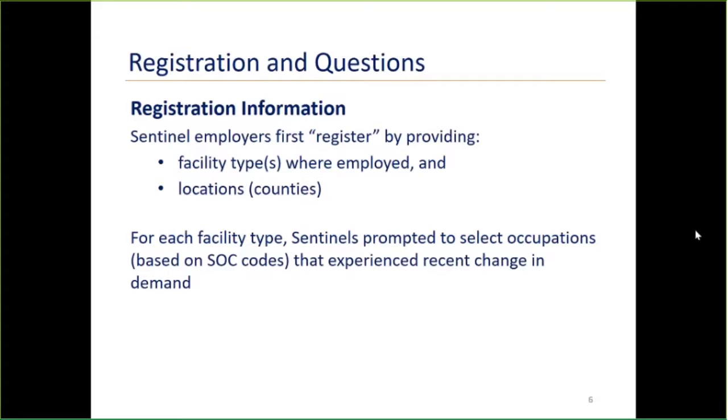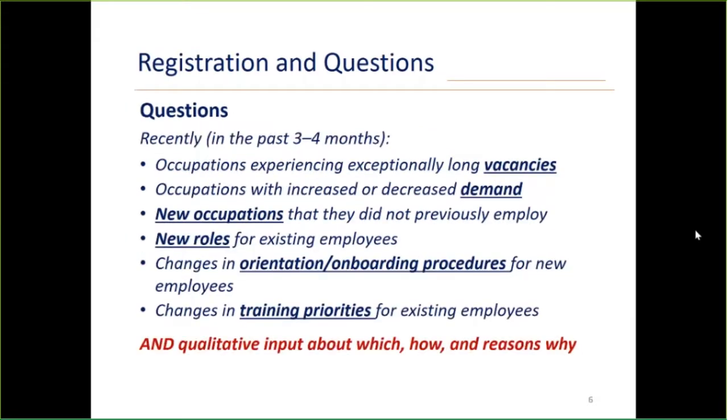And so what exactly are they asked to talk about? For each, there's a set of 6 domains or questions that we developed to try to reach the breadth of issues that could be affecting the workforce on an ongoing basis. The first, we asked the Sentinels to talk about any occupations that are experiencing exceptionally long vacancies,